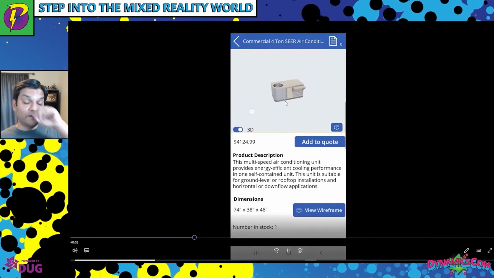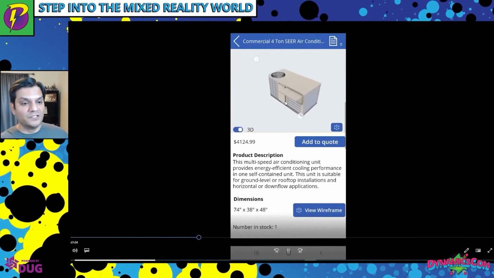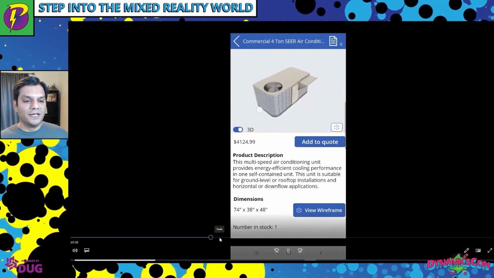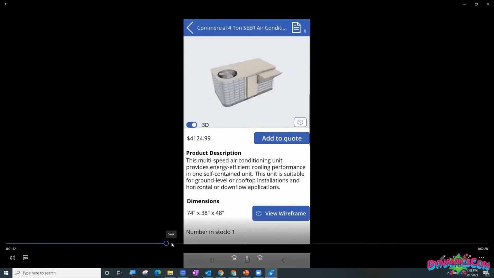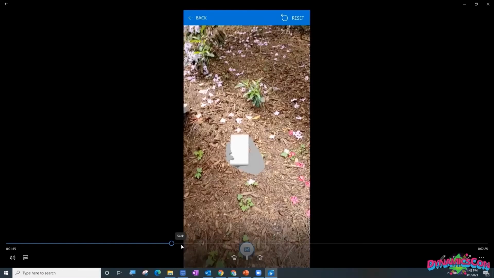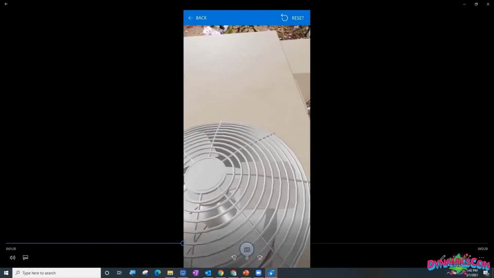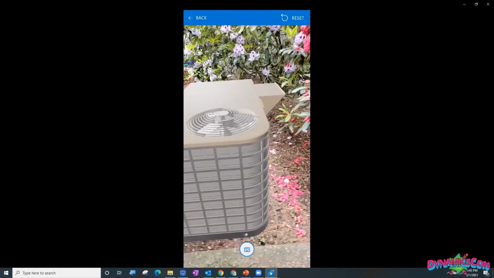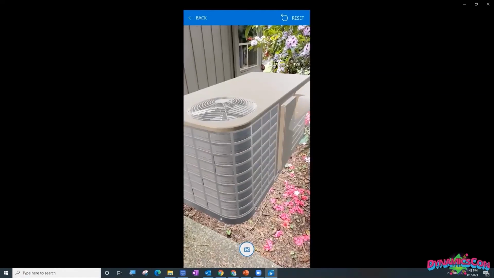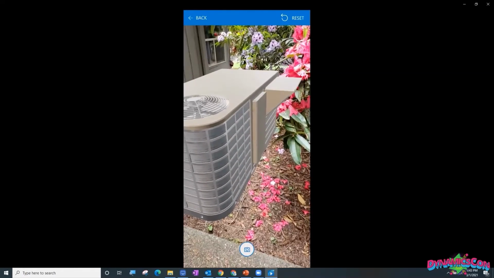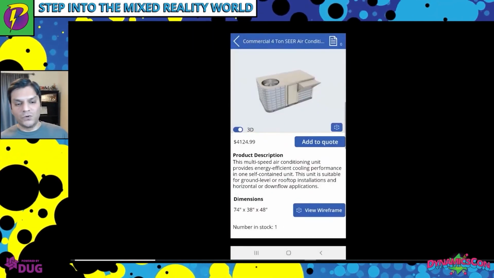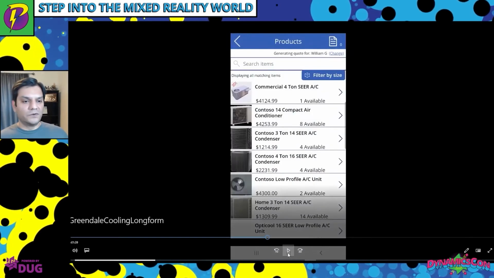Now you can see it from different dimensions, different angles, zoom in, zoom out. That's pretty slick. It gives you a really close, up-front look at what that device looks like. Let's not just stop there, because now you know which HVAC system you want. You can go directly to the location of your house and put that full real-size HVAC system, air conditioner, whatever, right there, and you can see if this is going to fit in that allocated space in your backyard or side of your company and things like that. It is fully functional. And again, this is very similar to the app that I just showed you. It works full time, in real time over there.